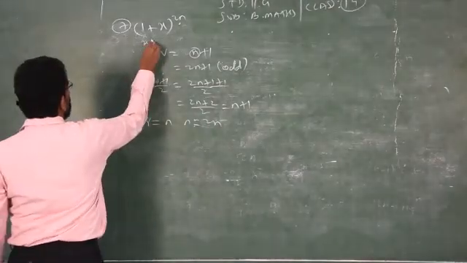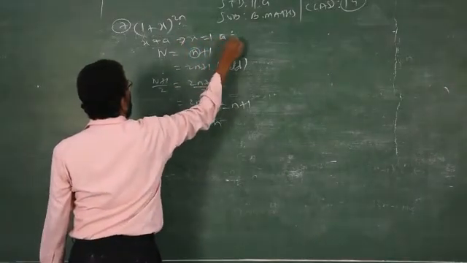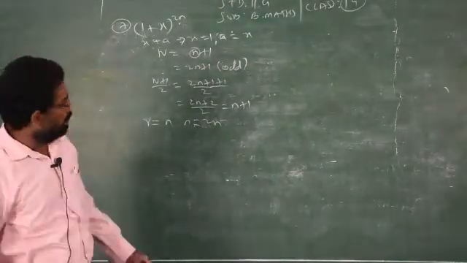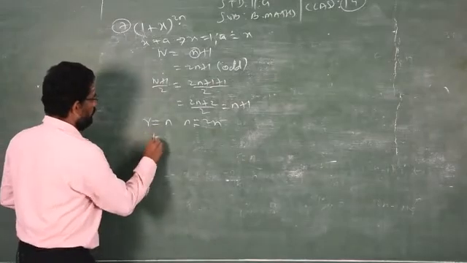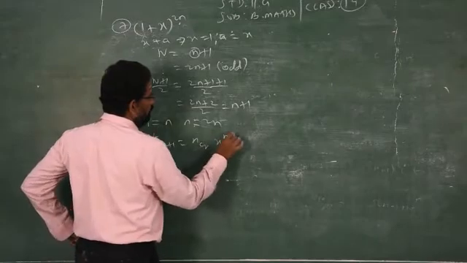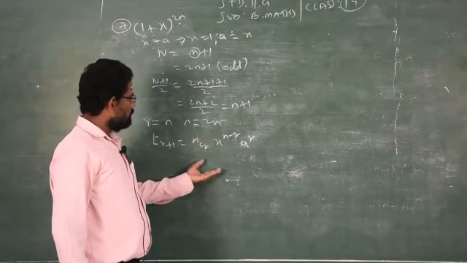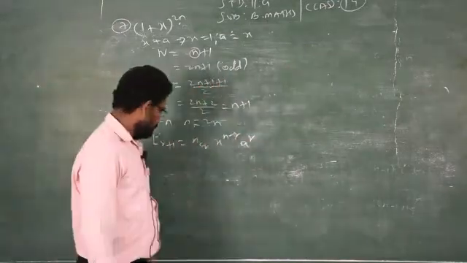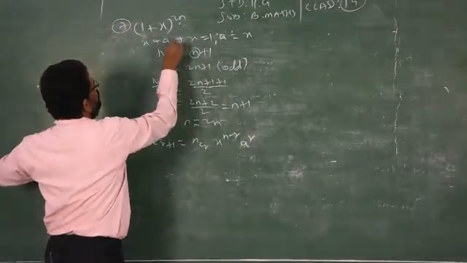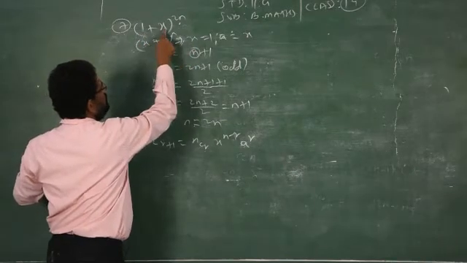Just you have to substitute in that formula, you will get answer. Clear? This is x plus A. So x is 1 and A is equal to how much? X. So just you have to understand the concept and substitute in the general formula. TR plus 1 is equal to NCR x power n minus r a power r. Do it. After substituting these, you have to follow the previous method, you will get answer. Clear? Just I am comparing with the general formula x plus a whole power n, x is replaced by 1, a is replaced by x.